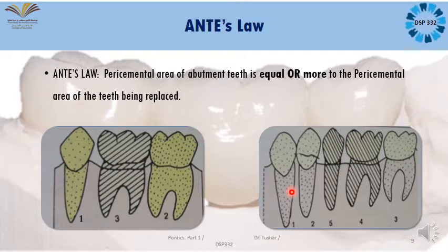No, no. What I told, 2 and 3, is just for example. If you literally want to calculate the pericemental area, you can do it with the help of a radiograph. Understood? See, it's not rocket science. If it is one molar and you are taking one molar as the abutment tooth, automatically the pericemental area for both will be equal, because that is also a molar. Fine, it will be equal.